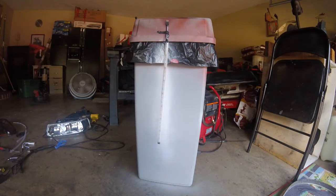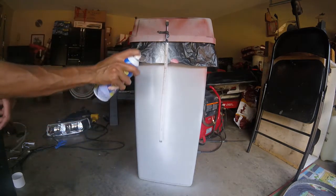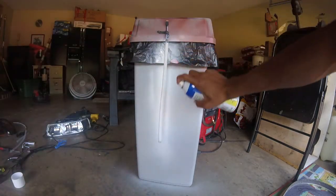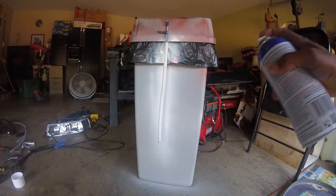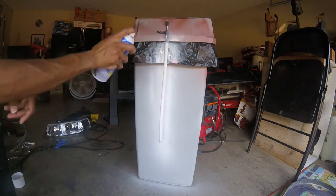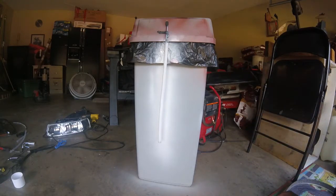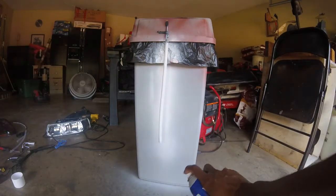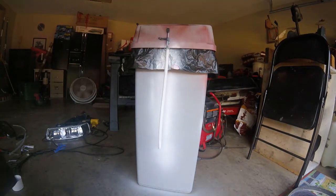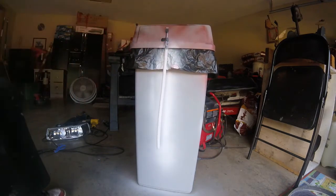This butyl sealant works for a lot of random stuff too, so it's good to have some laying around. Alright, so that's one decent light coat with this stuff. Now while we got it there,